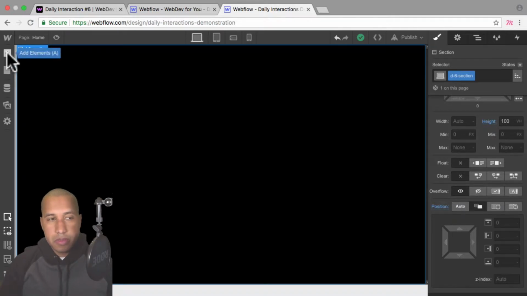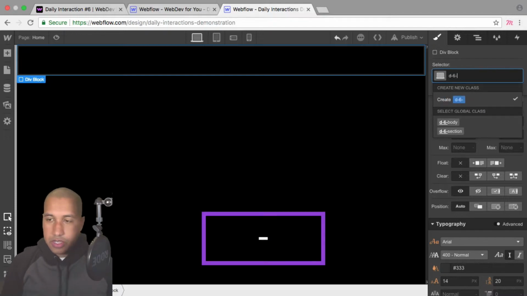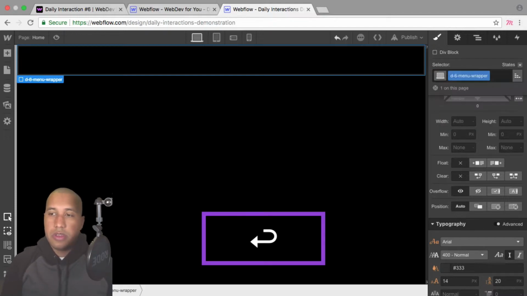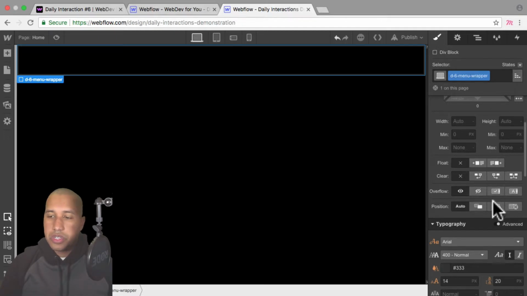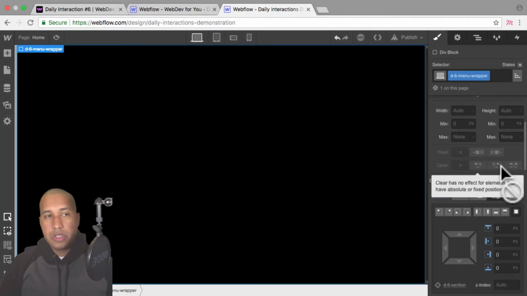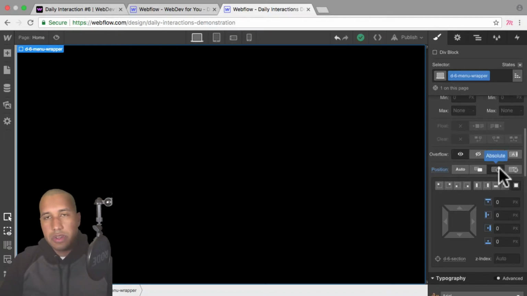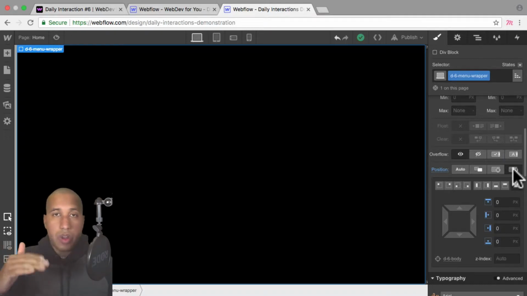So here I'll add an element, I'll add a div block, and I'll name this D-6 menu wrapper. Okay, and for this, I'll give it a position of absolute, and I'll set it to full, so it fills the entire parent element. So this menu will also be 100 VW. It'll be the full width of the viewport, and it will be the full height as well. And actually, instead of absolute, I want to say fixed for this, so that if we have scrolling to the site, no matter where we are on the website, the menu will fly in.